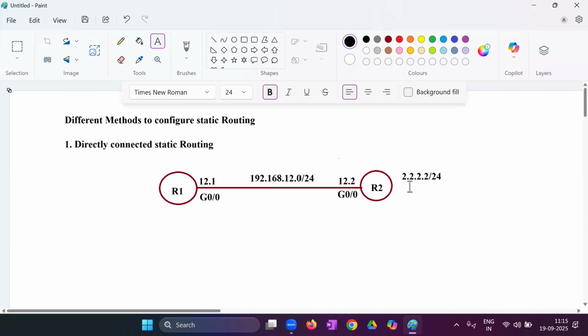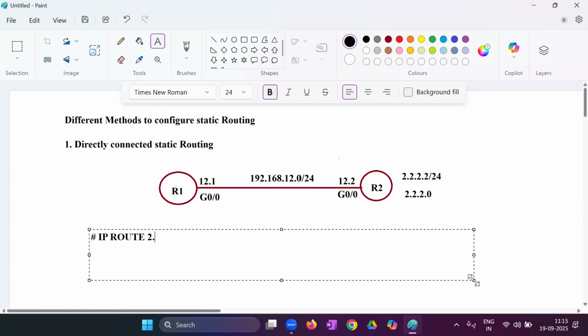Now you want to reach from router 1 to this particular network 2.2.2. See, this is not the network, this is an IP. So network address will be what? 2.2.2.0. So here the command we will give is IP route, to reach the network that is 2.2.2.0